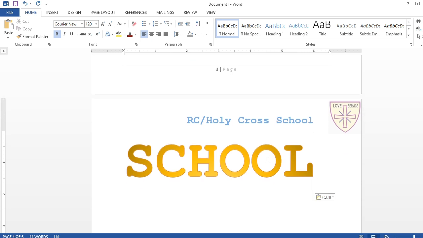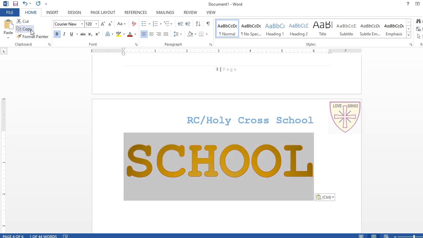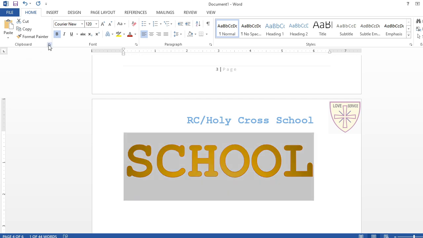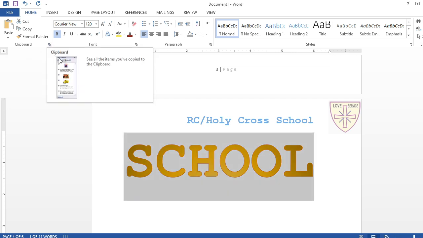What copy is going to do, copy is going to create a copied version of your selected text. See the text, it remains same, right? So a copied version will be kept in the clipboard. Here you see clipboard, whatever you are cutting, copying, everything will go to this clipboard area, understand. MS Word is saving all these things in the clipboard. I am going to show it to you. This is the clipboard, understand.